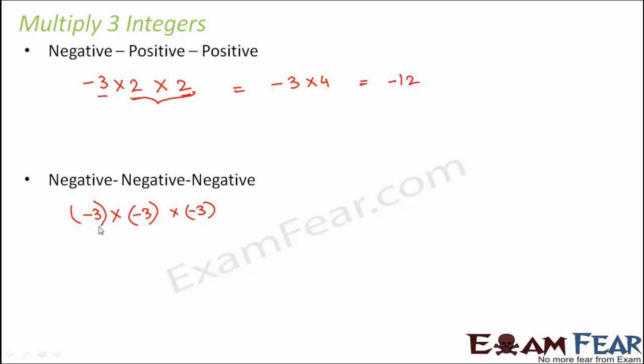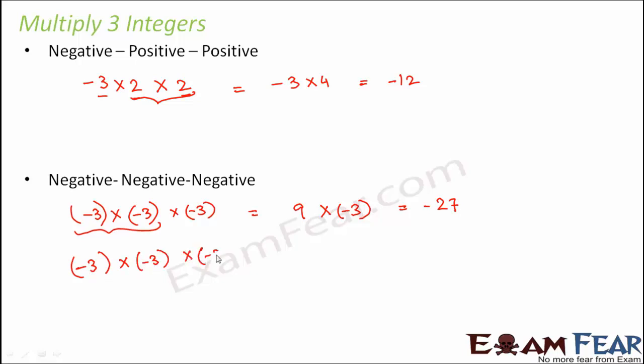I'm saying that any number of integers, but let's say that there are three negative integers. So what would happen? In this case also we will do the same thing. First you multiply the first two. So minus 3 into minus 3. Multiplying two negative integers, you find the product and put a plus sign. So this would be plus 9 multiplied by minus 3. Again you have the same scenario, two integers, one positive, one negative. So what you do, you find the product and put a minus sign. So how much did you get? Minus 27.